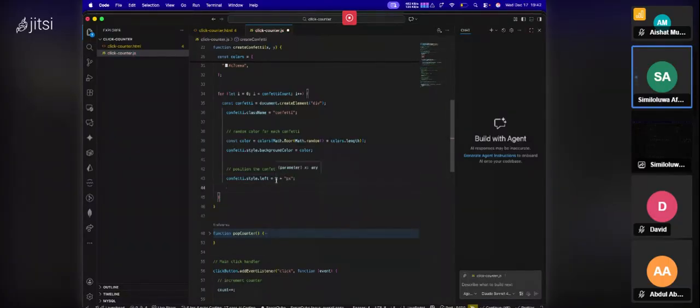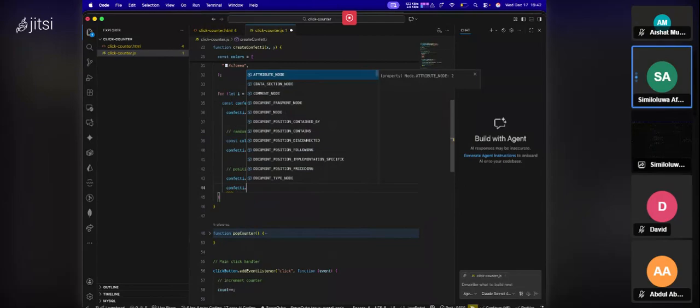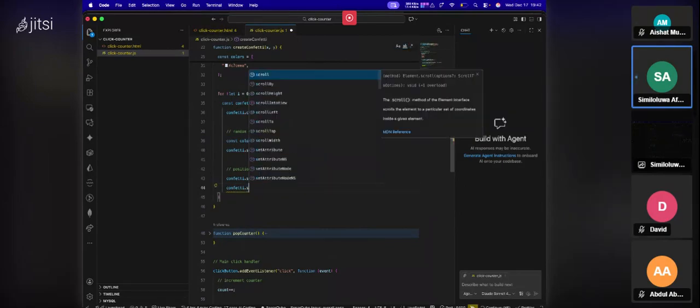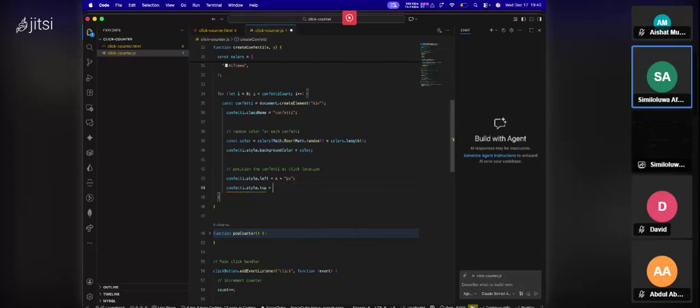Okay, so that's me trying to say that whatever value of x we have, if it was 20, it should be 20 pixels from the left. Remember I told you about how the left, the top, the bottom works, right, from our CSS of yesterday. So style dot top should be equals to y plus px. Okay,